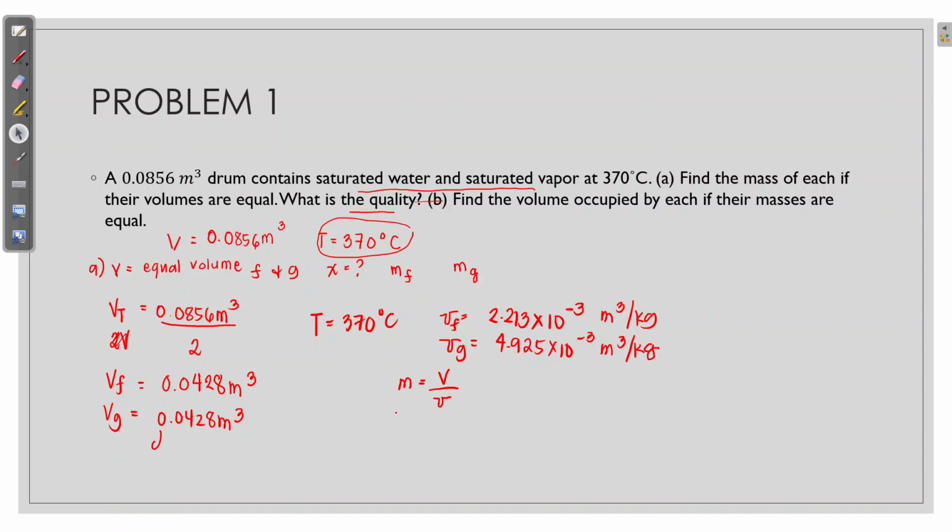Okay. So, para makuha natin yung mass, ang formula natin dyan ay V over specific volume. Kasi, di ba galing sa formula na the volume is equivalent to the mass times specific volume. So, kunin natin yung mass. Ang V natin is 0.0428. Mass tayo muna ng saturated water: meter cube over the specific volume na 2.213 times 10 raised to negative 3. Pag kinalculate natin yan, ang sagot ay